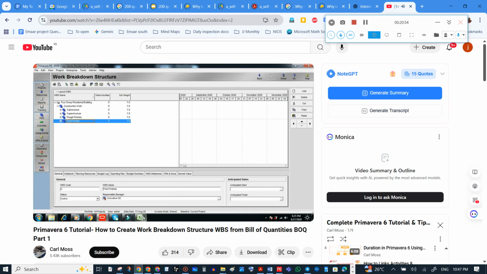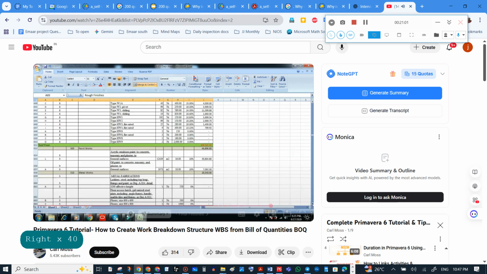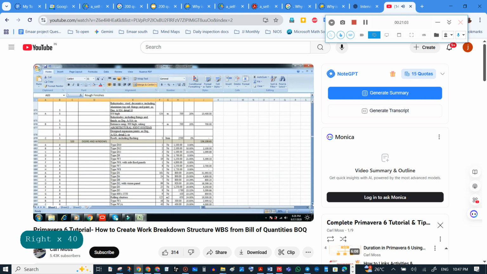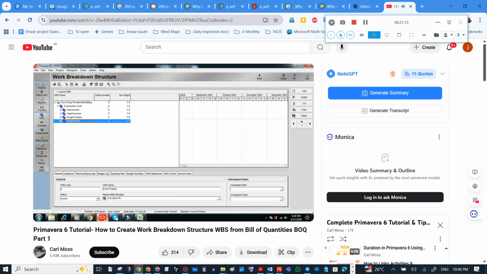The next level after final finishes is electrical work, which also has sub-levels of ground floor to roof floor. Therefore, same procedure, copy these final finishes and insert under construction work.